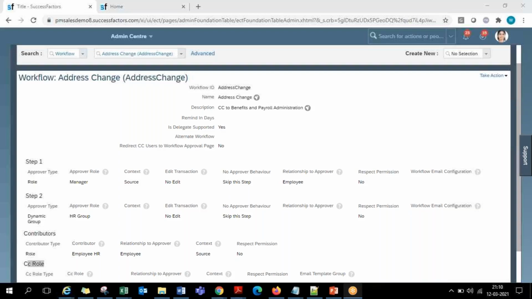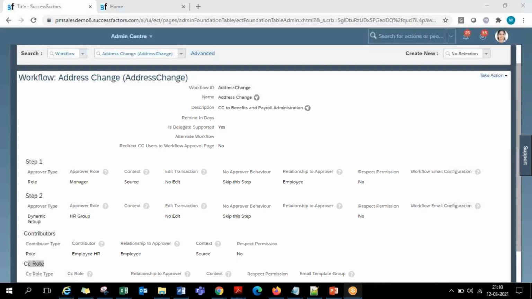In the CC role level, along with that person type, you have one more additional type called external email. If you want to send that final copy email notification to somebody even outside of the system, you can do that. So in the approver level, you have 5 types. In the contributor level, it came to 6 with the person additionally, and in the CC role level, it came to 7 with external email additionally added. That is the way. And here we have different attributes that we discussed yesterday.